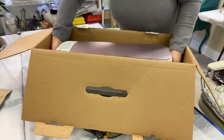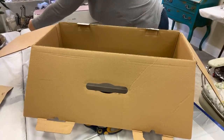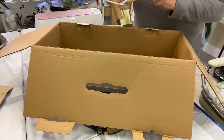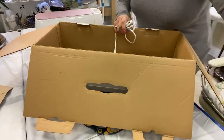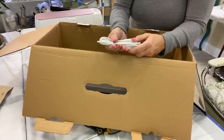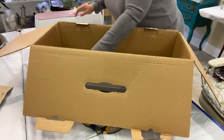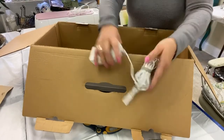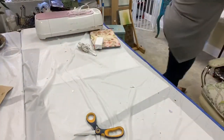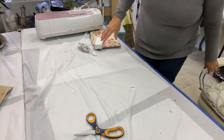Now, you pull your Cricut Maker out. Yes, I got the rose gold one because I like pink. I'm going to set it over there because I've used this before, so I know what it's supposed to do. It also comes with this, my brayer. You're going to want a brayer or something similar to it when you're applying stuff onto the mats. This is the cord that connects from the Maker to your laptop or your big computer, and then there's the power cord. And then again, 4 cardboard buffers in the box. All right, so now that I've thrown that box over there, made a heck of a mess,